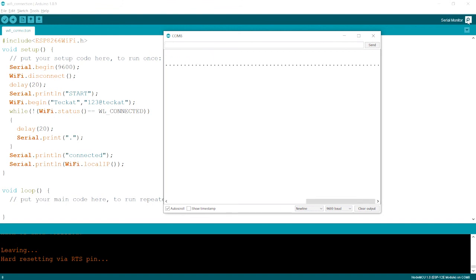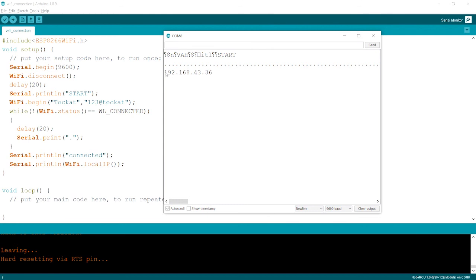But once it gets connected, it will throw the IP address over here like this. So this is our IP address over here. Whatever data we need to send or receive, we will send or receive through this IP address.